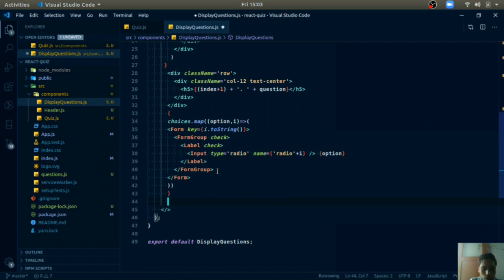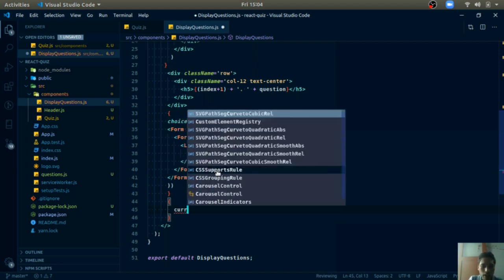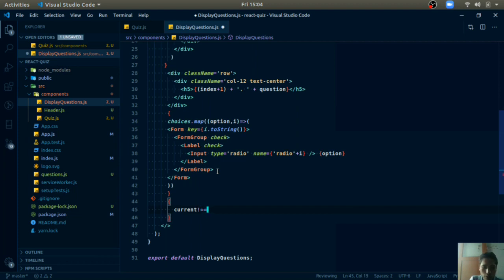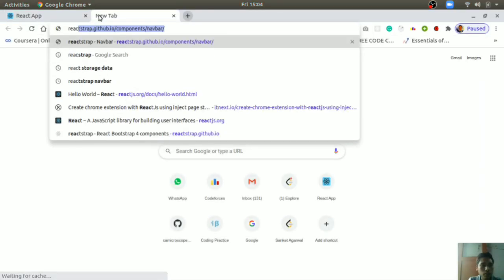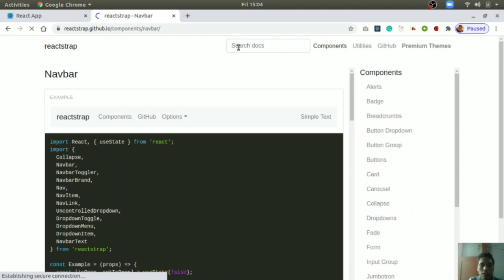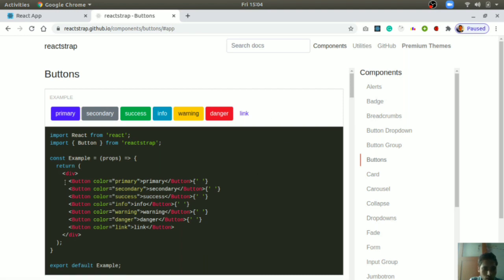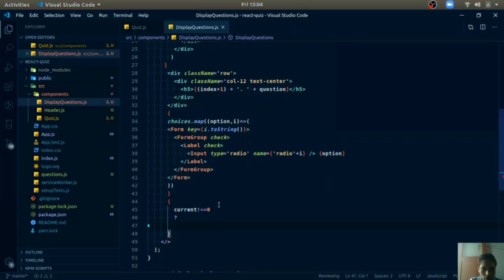Now let us create a previous button here and also a next button. So first of all we will use conditional rendering, and the previous button will be shown only when current is not equal to 0, because if we are at index 0 then we don't need to go previous any more. So if current is not equal to 0, then only we will show the previous button, and for this we will use Bootstrap reactstrap. Just open reactstrap and we will use the Button component. I can use this one, button color equals info, and here just write the text as previous,